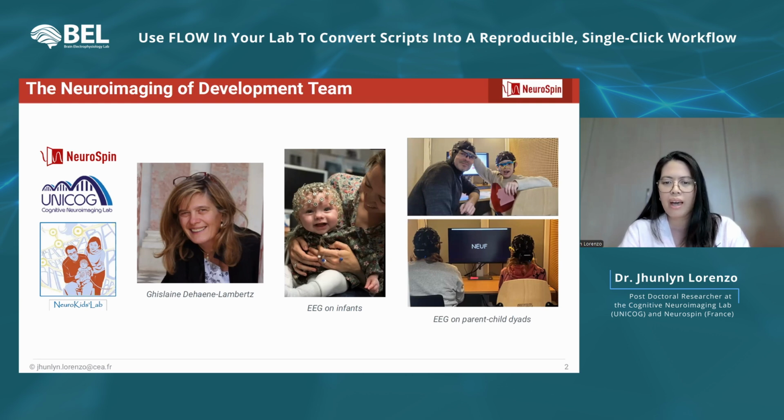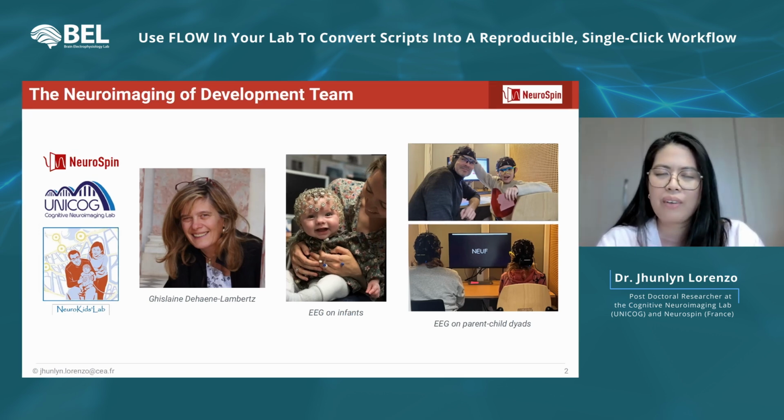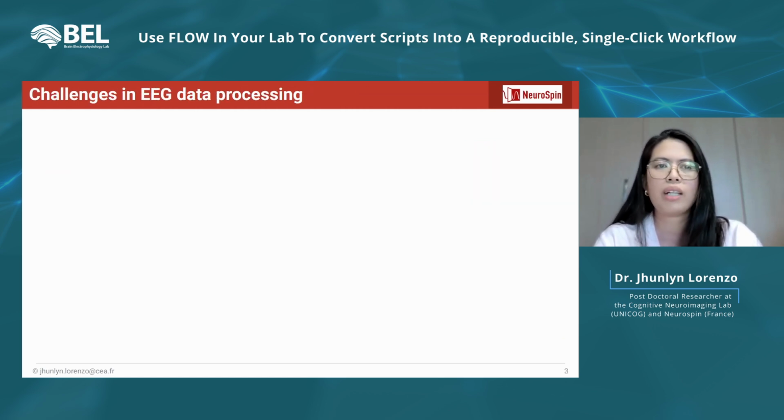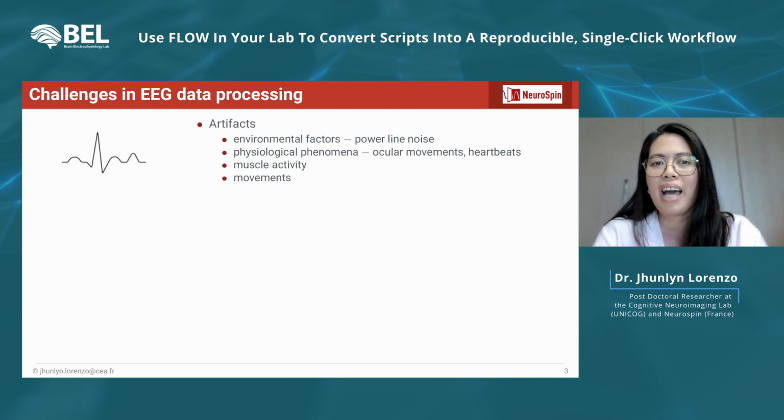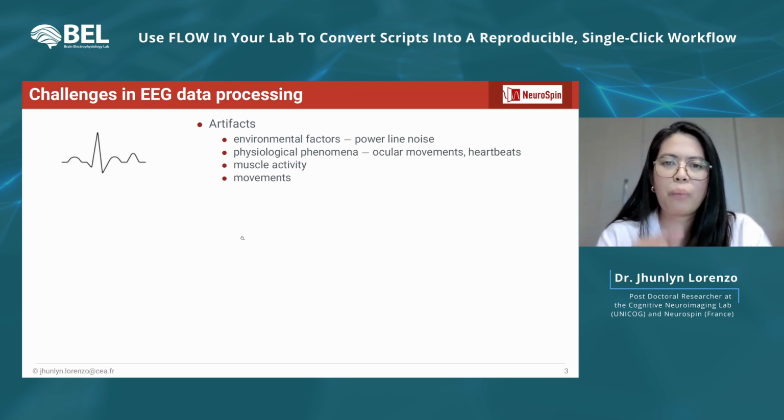So through the years, we were able to collect a large data set, and we were also able to perform more complex experimental paradigms, which in turn need more complex analysis. But we are still facing some challenges in terms of EEG pre-processing, especially because of the unavoidable artifacts. So these are noises caused by environmental factors, physiological and muscle activities, and movements. And these noises are superimposed on the neural signals, making it quite difficult to isolate and extract those